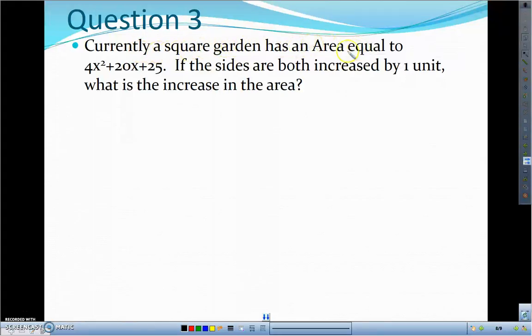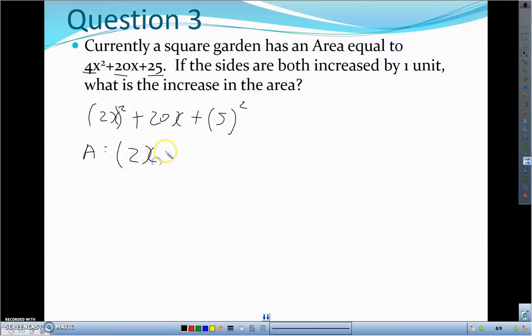Okay, so moving on to our final question. Currently, a square garden has an area equal to 4x squared plus 20x plus 25. If the sides both increase by 1, what is the increase in the area? So this will require us to most likely factor this, and I can't factor anything out from the 4, the 20, and the 25. This is a perfect square, so what I'm going to do is I'm going to factor it as though it was. So this is 2x squared, so I put the brackets, plus 20x plus 5 squared. So area can confirm that 2 times 5 is 10, times 2 is 20, so this is a perfect square. This is 2x plus 5